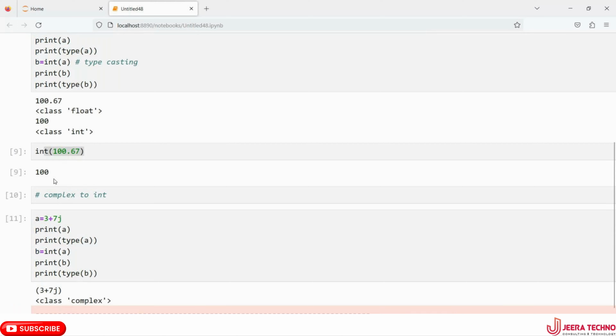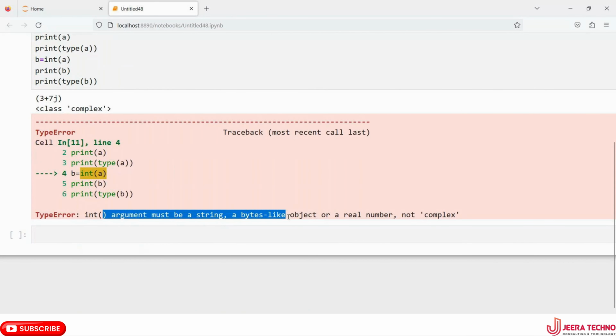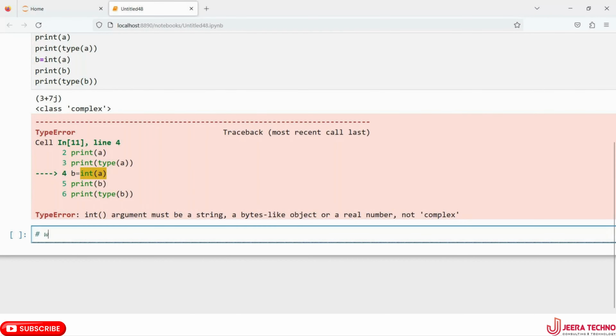What is the error here? It says: int() argument must be a string, a bytes-like object, or a real number, not complex. So here you can understand, we cannot